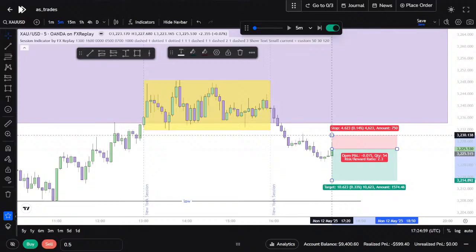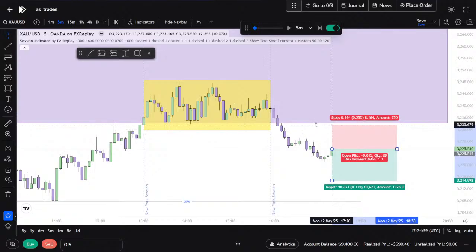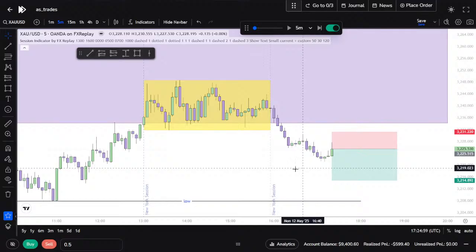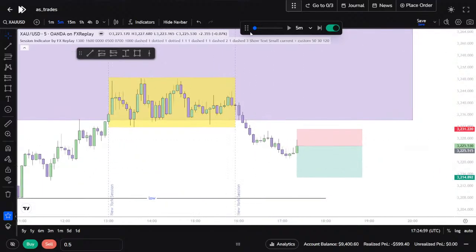We can put it in. That's a fair value gap. That's also a fair value gap. So let's put it just slightly above, but that is not a good risk to reward. So overall, this trade is definitely not a trade worth taking. This is a very bad setup. But yeah, I would definitely not take this trade. But let's just see how it plays out.